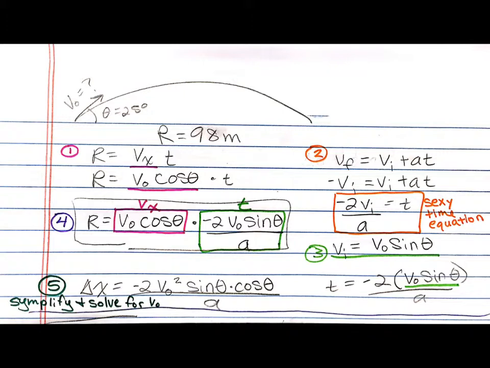The first thing that you have to recognize is that we can substitute this variable v naught into a couple different equations because it's not in any of our equations. So we have to substitute it in using our cosine of theta and our sine of theta. So in our equation that we use to find range, in other words, this one would be,